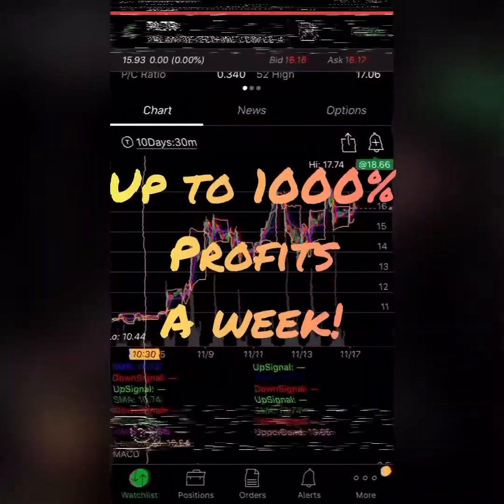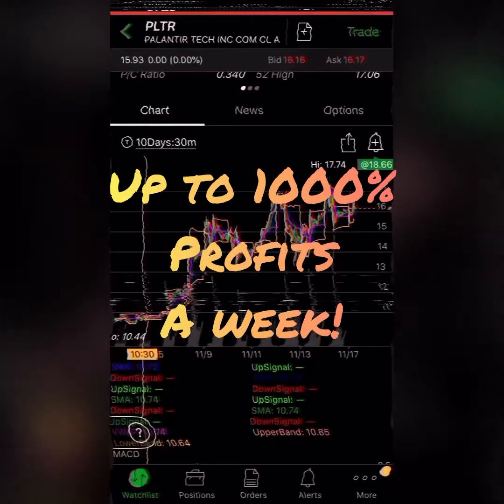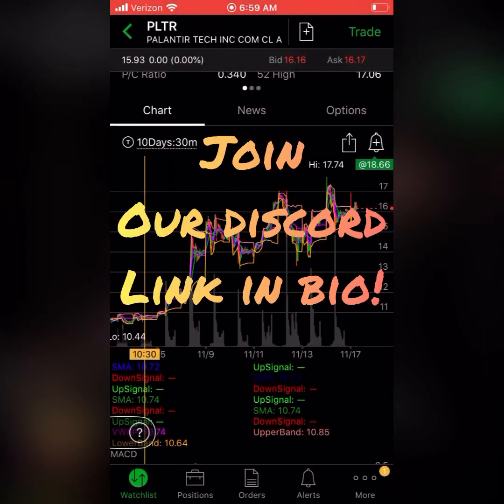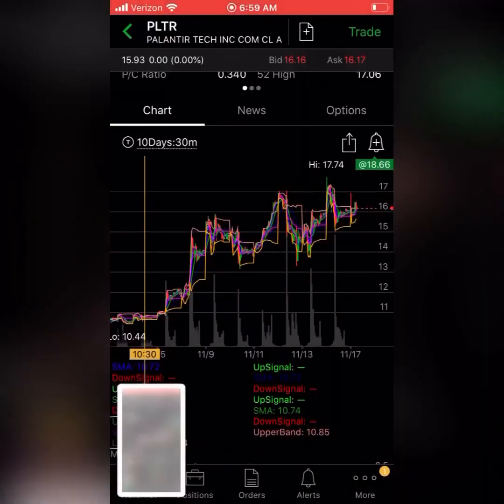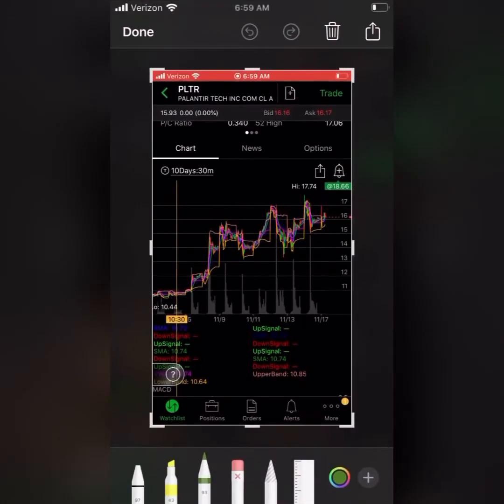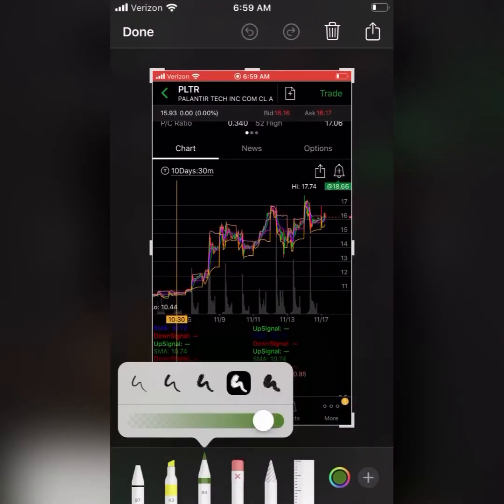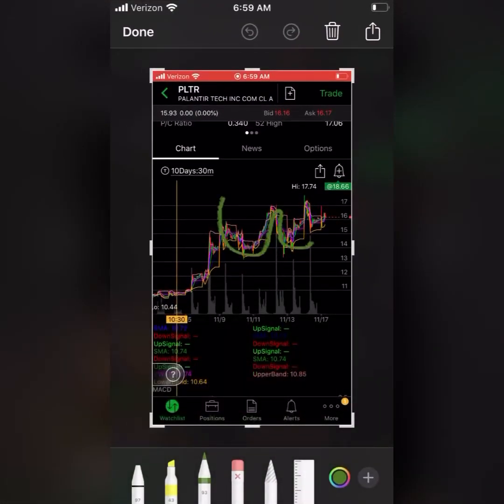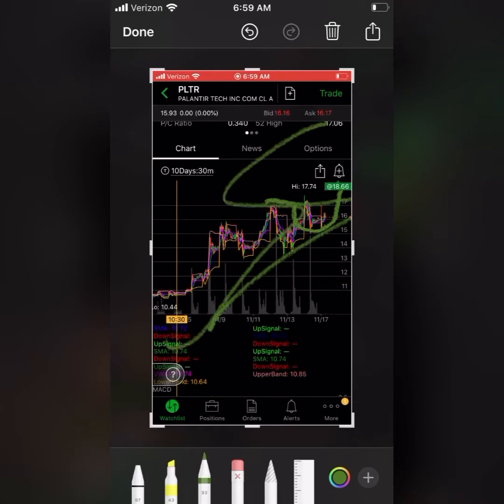Alright, good morning guys. Going to talk about PLTR. As you can see, it's just going to be a continuation of the last video here. These last couple days we got that same loop-de-loop pattern going here. So what we're looking for is this curve upwards right here. Hit that 17 level. I just want this to open at 17 so I can sell